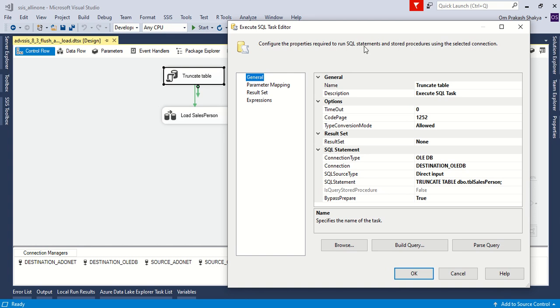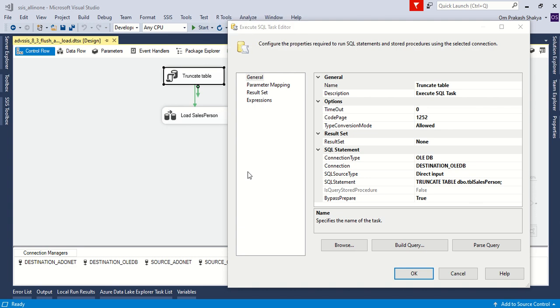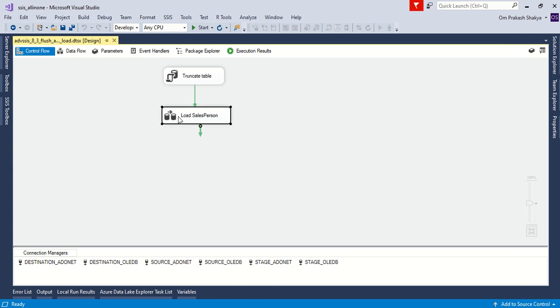So in this execute SQL task, I have used this truncate command, truncate table name, and used a connection manager of type OLEDB on the destination server. So it will truncate this table before performing the data load using the data flow task.